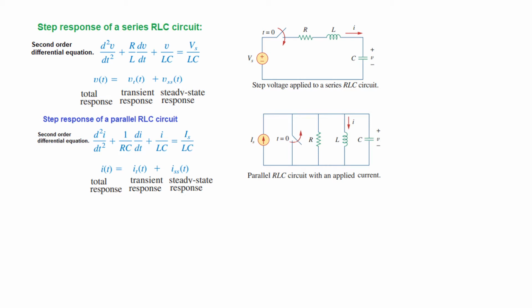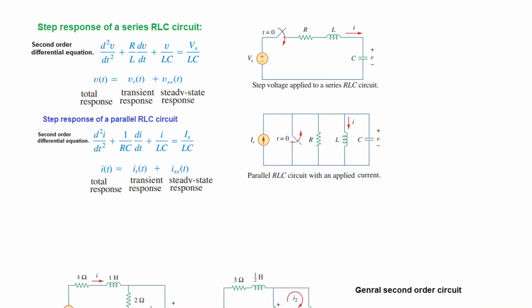Similarly, for the step response of a parallel RLC circuit, we had a second order differential equation, and we found the total response, in this case current. So I total response is I transient plus I steady state. So we just follow these patterns, but here